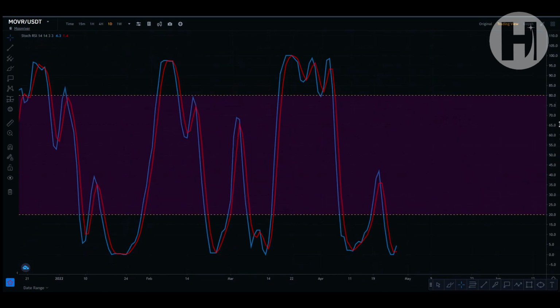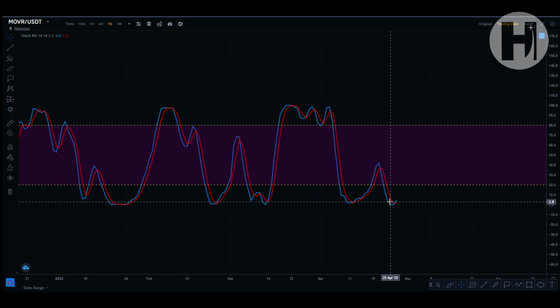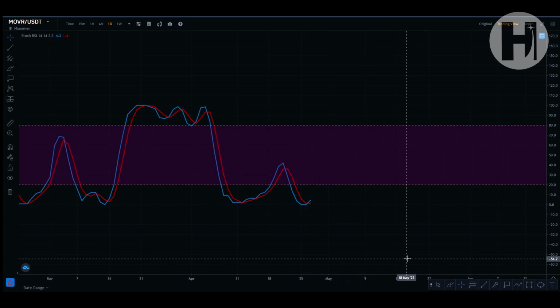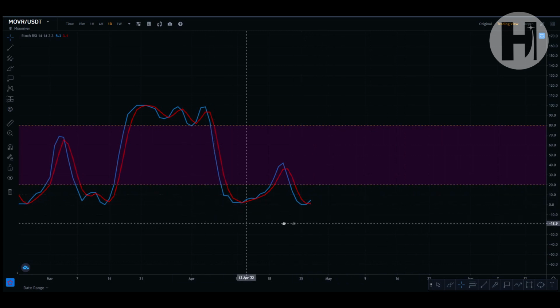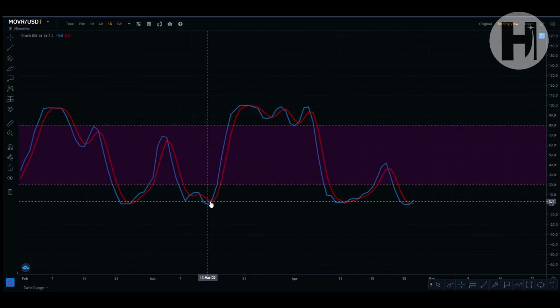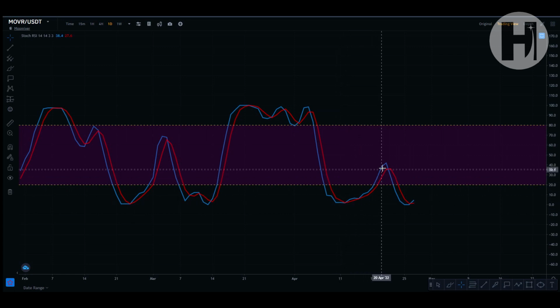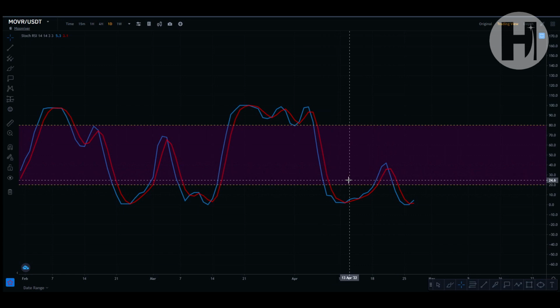If we take a look at the stochastic daily RSI, as you can see, you are in the oversold right now, and you are printing a bullish cross. So this is potentially your little sign that tells you that you're going to start an uptrend very soon, because once you have a bullish cross here, for example, the last time we were in the oversold over here, once you have the bullish cross, usually you just continue to the upside until you have a reversal, obviously, but that reversal doesn't happen soon after.